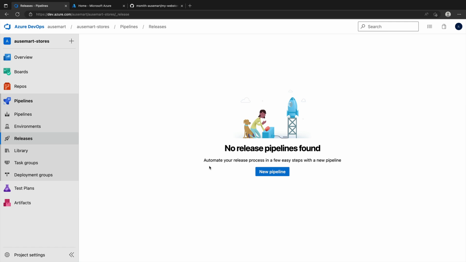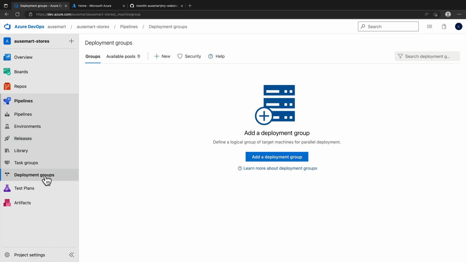Now, as part of this release pipeline, what we could in fact go and do is actually deploy some infrastructure all brand new, ready to go, or we could actually have Azure DevOps track some virtual machines, for example, that host our solution. So to keep things nice and simple, we're not going to deploy any infrastructure as part of our release pipeline. What we'll do instead is we're going to set up some deployment groups that we can deploy